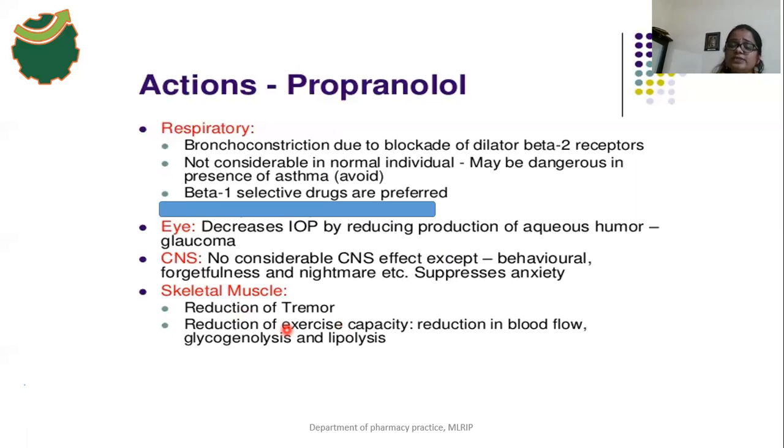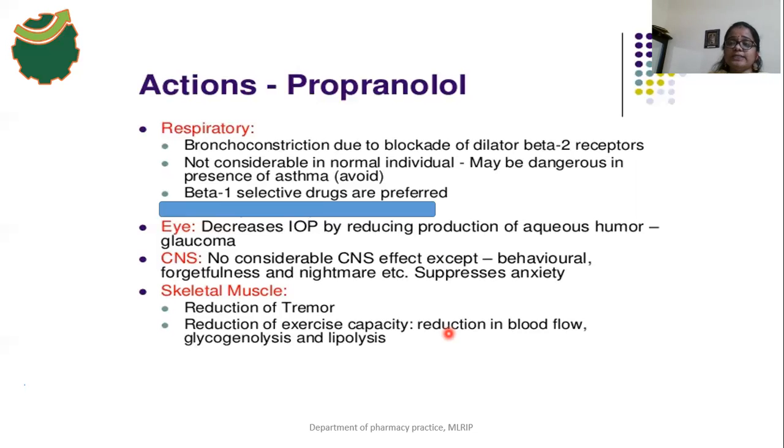So why does it reduce the exercise capacity? Because this drug reduces the blood flow to the muscles. So why does it reduce the blood flow to the muscles? Because a beta 2 agonist drug increases the blood flow to the muscles due to its vasodilation effect. Beta 2 agonist drugs have a vasodilation effect, and that's why the blood flow to the muscles also increases. And one more thing is